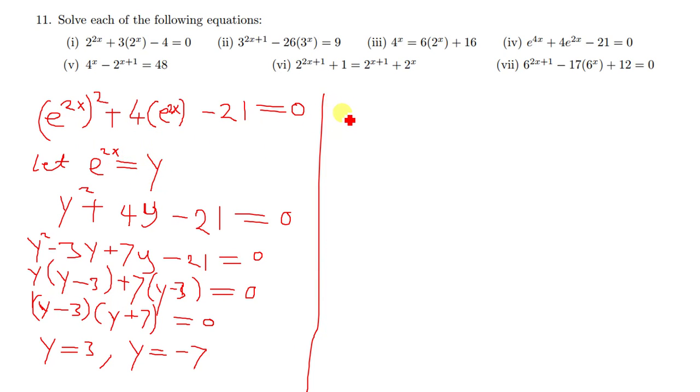e to the power 2x. So we have the first one we have is y is equal to 3. So we put where there is y, e to the power 2x is equal to 3. So we introduce ln on both sides. We're going to have ln e to the power 2x being equal to the ln of 3. So you bring down this 2x, you're going to have 2x